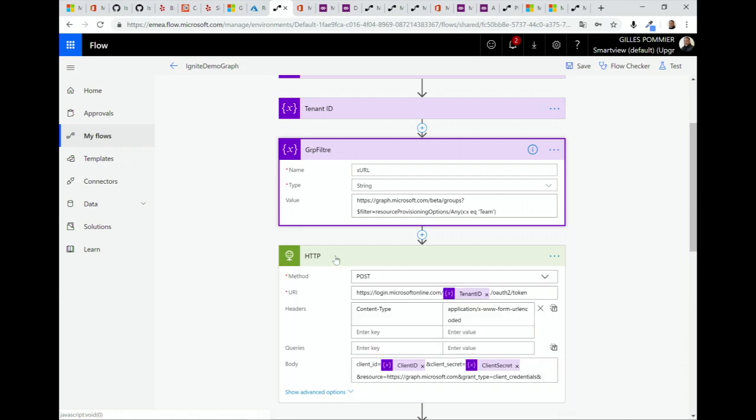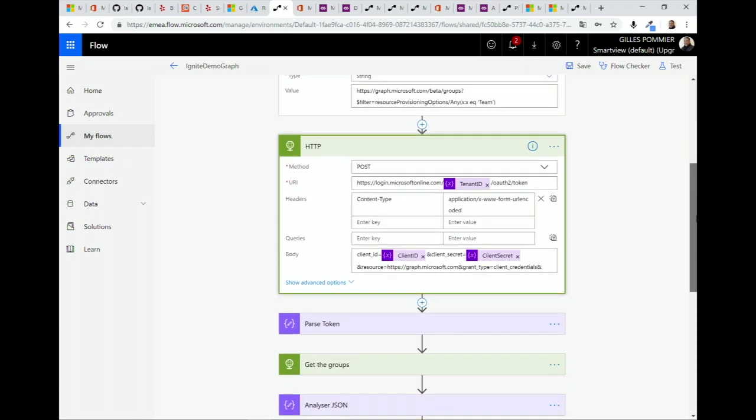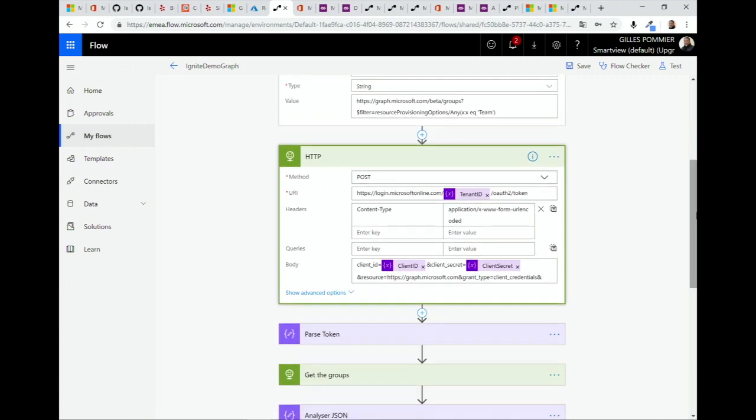For the authentication, the only thing that I want to show you is that you need to do exactly what I've done in my PowerShell script. The URL is a login. Then I need to provide the client ID, the client secret, and it will give me a JSON result that I have to parse to create my headers.